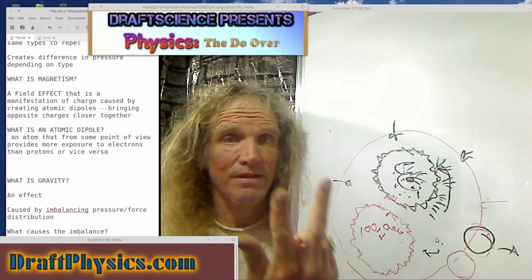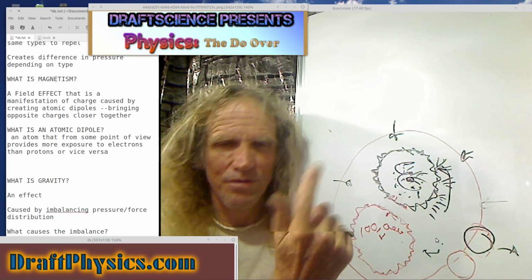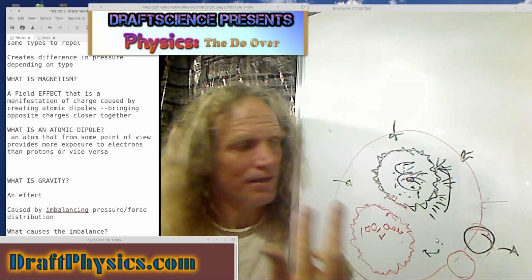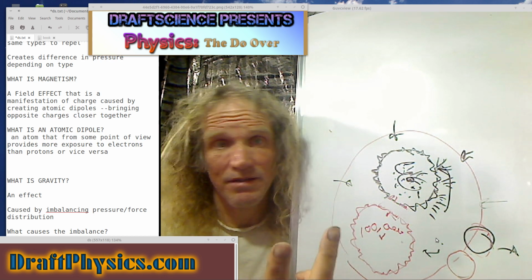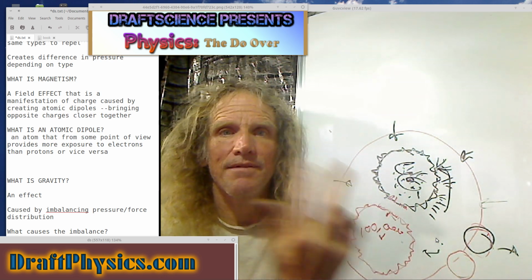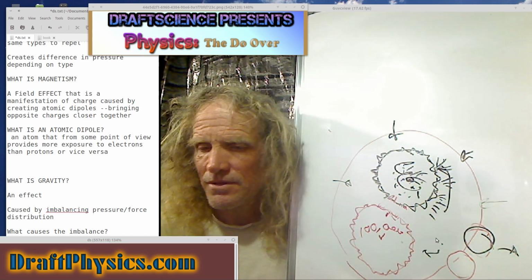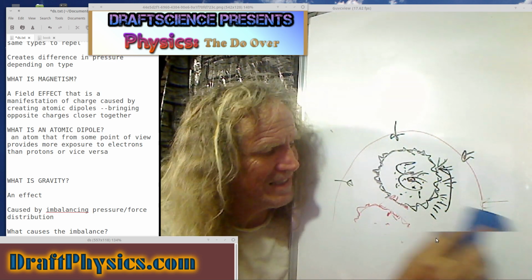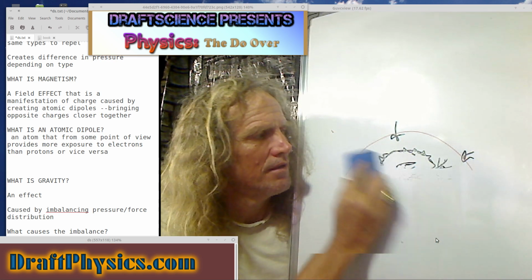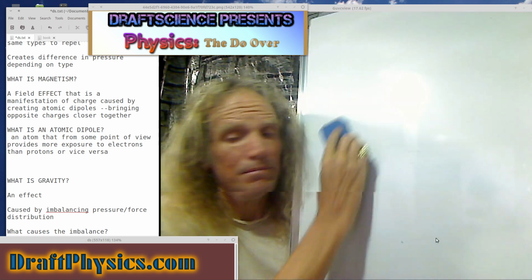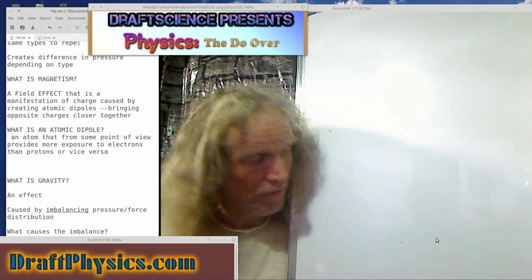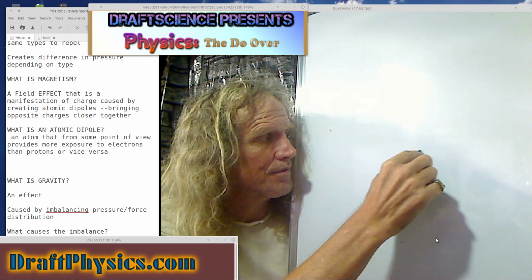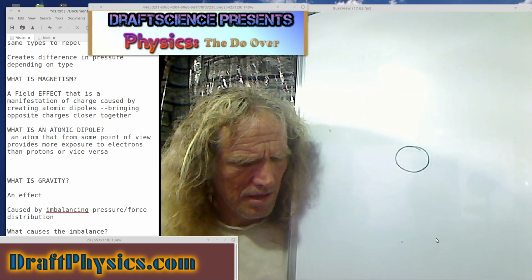You can actually take the two charged objects and put an insulator between them, put them close enough together, and then you could take two more charged objects just the same way, and they would behave just like magnets. So there's absolutely no reason not to understand that the proton and the electron are the origins of the atom. So we'll get to the atom now.